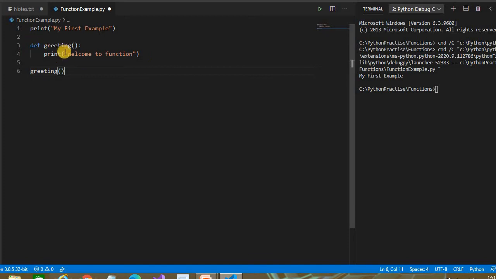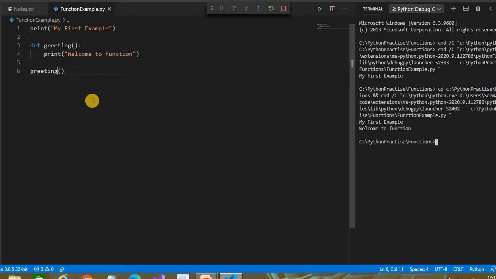We have defined one function with its definition, parameters if you want, and if you want to put in a comment, you can put it. That is not required, but try to make it a habit because it gives readability for a new person. See here, it's coming: welcome to function. Simple. But here print is taking a parameter. If you pass some parameter here, it will give an error. Why? Because here we have not defined any parameters. So whatever definition you have given, you can call it in the same way.